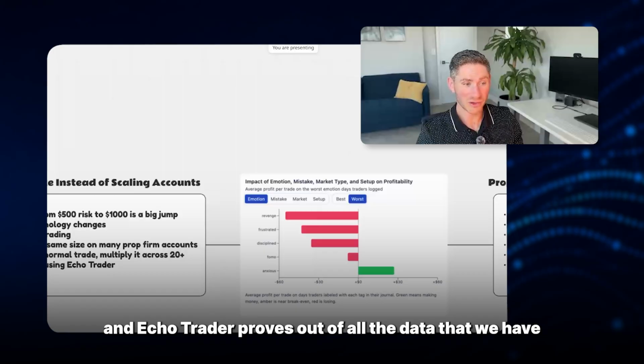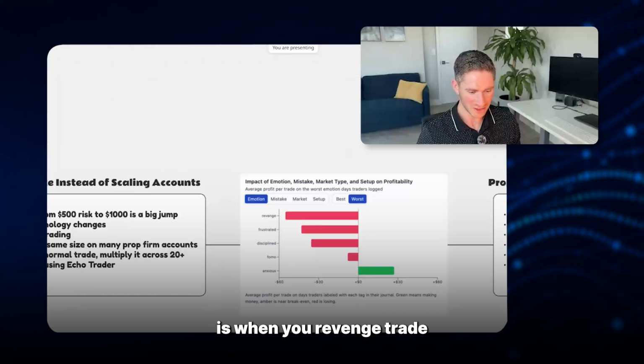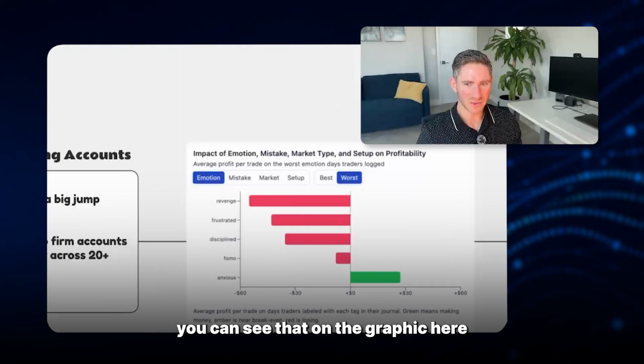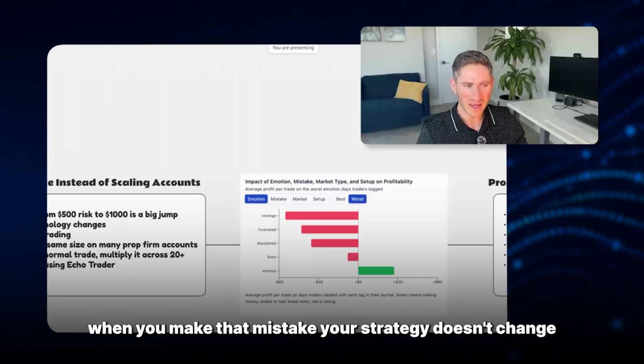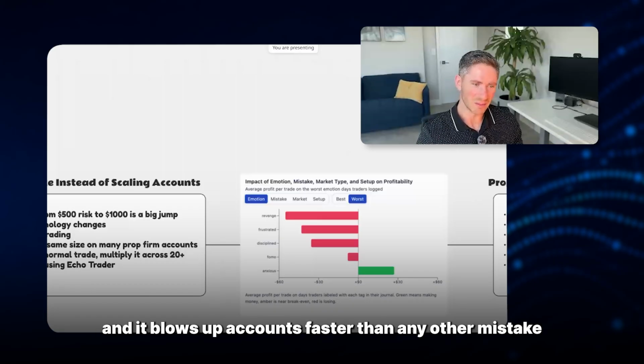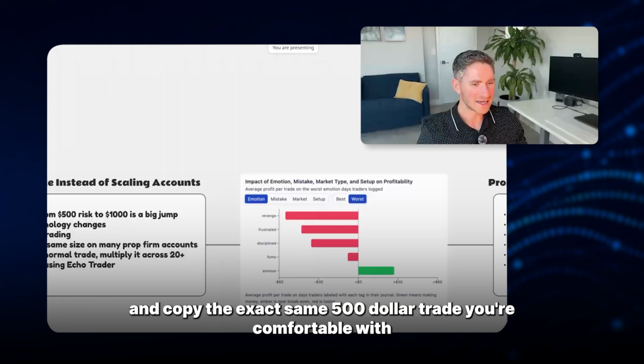And Echo Trader proves, out of all the data that we have, that the number one emotion that causes accounts to get blown is when you revenge trade. You can see that on the graphic here, directly from the aggregated metrics that we supply from Echo Trader. When you make that mistake, your strategy doesn't change, but your psychology does, and it blows up accounts faster than any other mistake. So instead of doing that, you can buy more prop firm accounts and copy the exact same